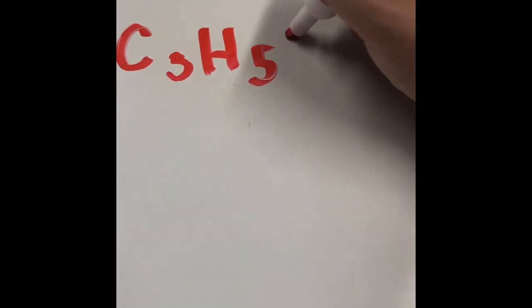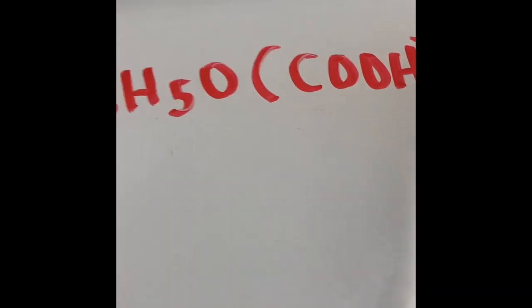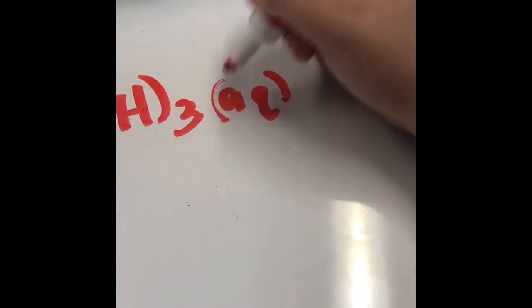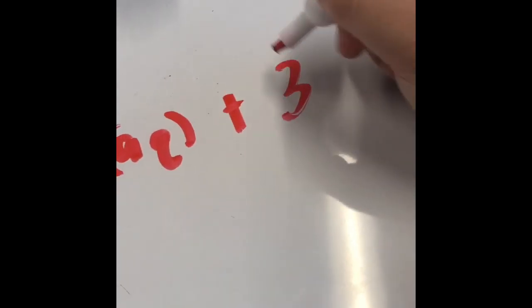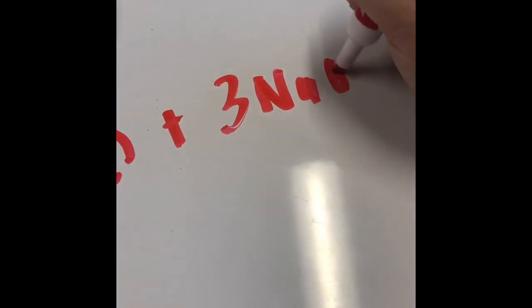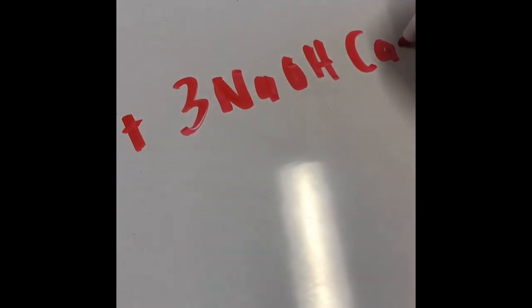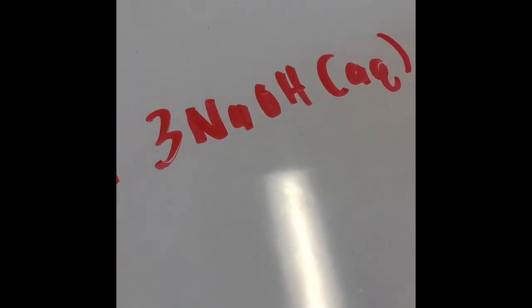So now we're going to talk about the balanced chemical equation for our experiment for the neutralization reaction performed. First we start with citric acid, which is C3H5O(COOH)3 aqueous, plus 3 moles of NaOH aqueous, which is sodium hydroxide, and which yields, I'll move down here,